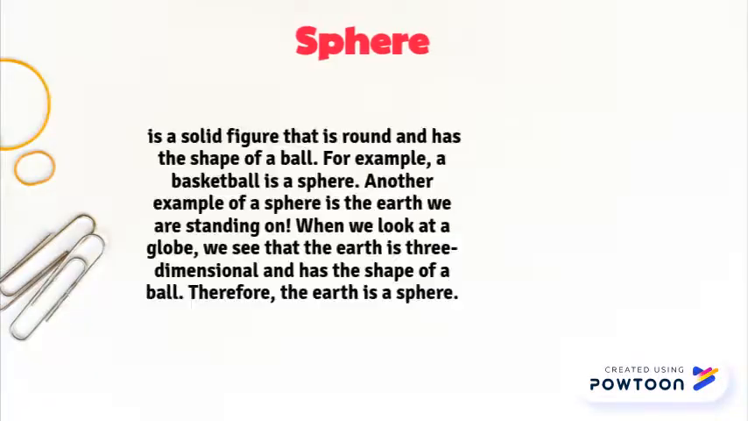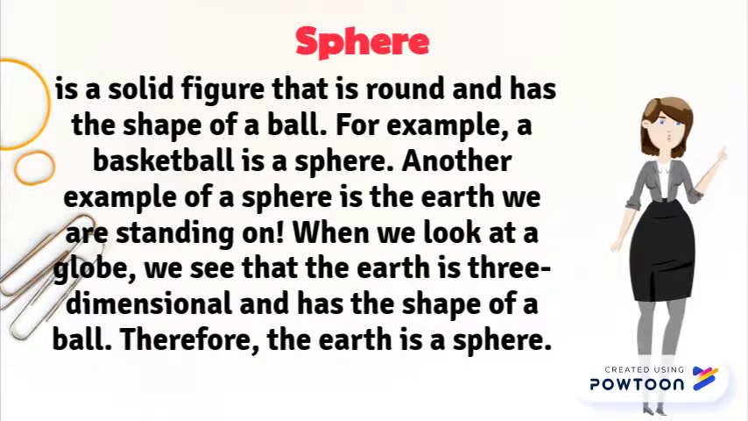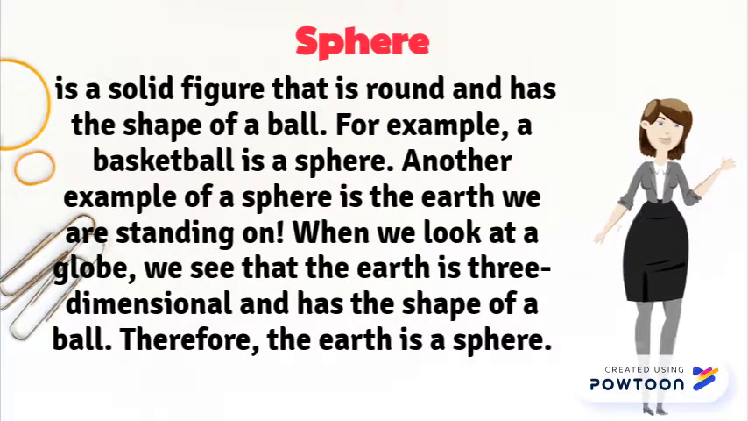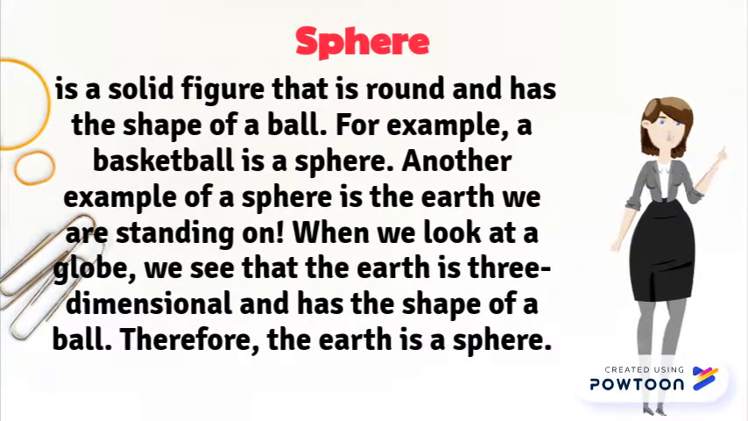A sphere is a solid figure that is round and has the shape of a ball. For example, a basketball is a sphere. Another example of a sphere is the earth we are standing on. When we look at the globe, we see that the earth is three-dimensional and has the shape of a ball. Therefore, the earth is a